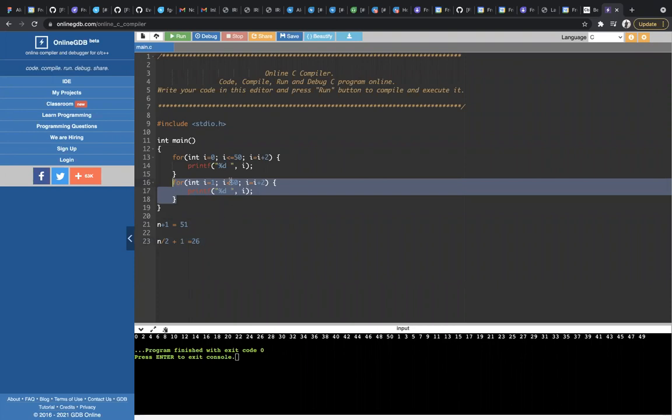Less than or equal to, less. Yeah, equal to is not there. So it is less than 50, right? So it is actually not 25, I think 24. Let me check. 1,